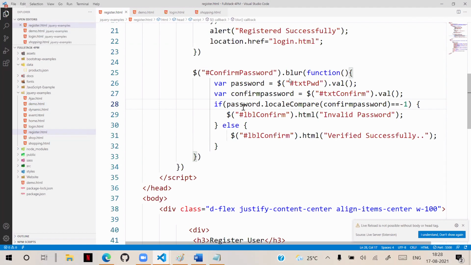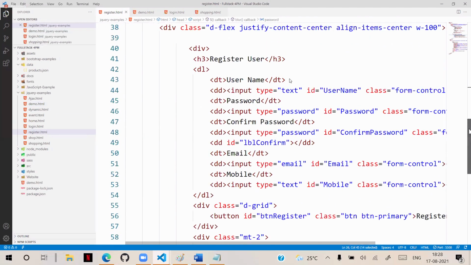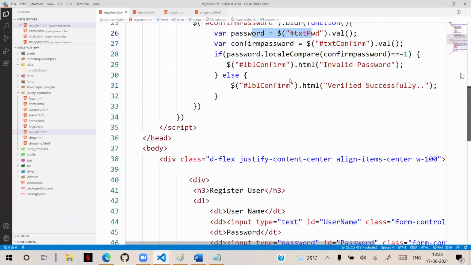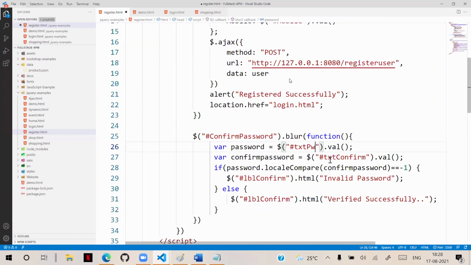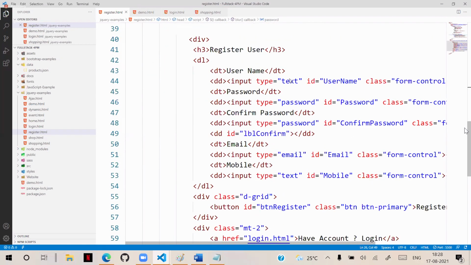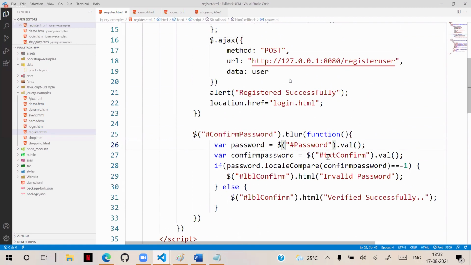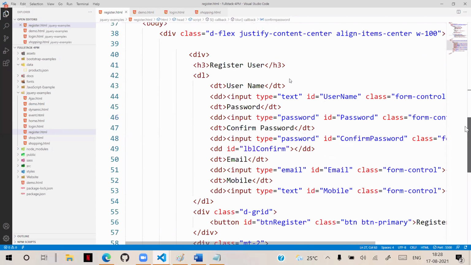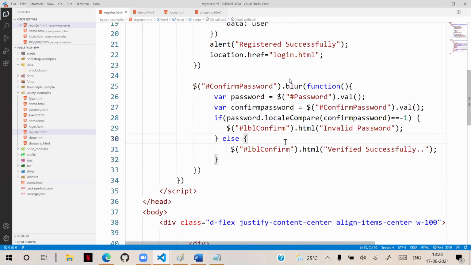If password is a string, it is collecting the value from txtPassword.value. So this is actually the password.value, we have to get it. Now let's get the value of the password here correctly. What is the password value? So password.value. And for confirm password, we have confirmPassword.value. These are the values collected from two text boxes. And we are verifying them. We are configuring and verifying. If it is -1, it should display that.